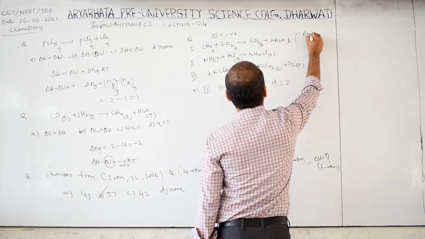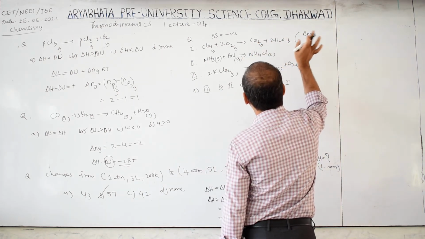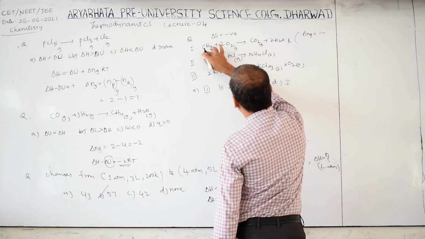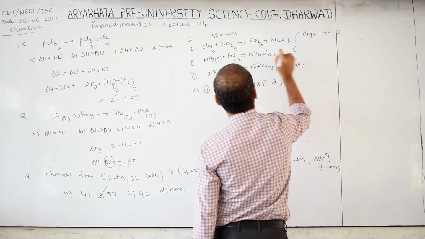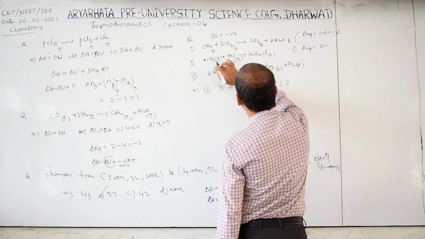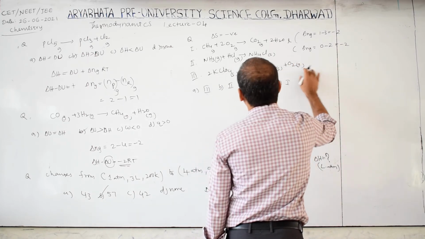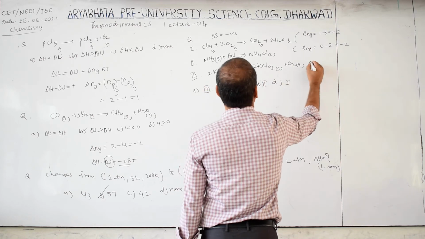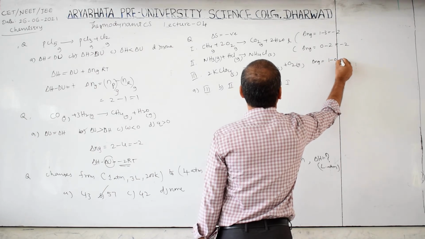Therefore you can calculate delta Ng. Delta Ng is what is that here? This is gas, this is liquid. So liquid randomness less, only gas respect to calculate. 1 minus 2 plus 1 means this is 3, that is minus 2. Here solid. Therefore delta Ng is equal to 0 minus 1 plus 1, that is 2. Therefore minus 2. And here solid to gas only is there. This is gas. Therefore anyway delta Ng, that is 1 minus 0, that is 1.